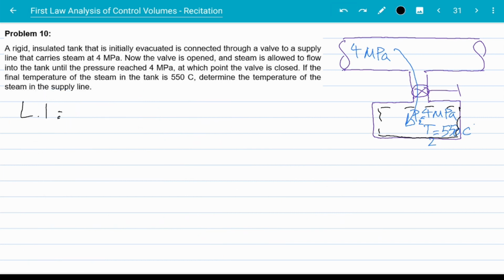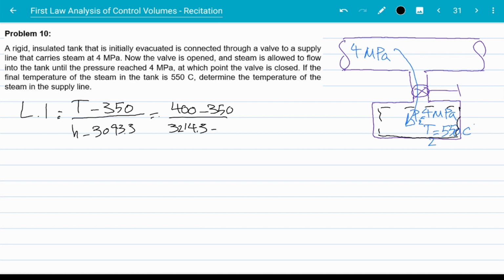The linear interpolation is between temperatures of 350 and 400 degrees. So that will be T minus 350 over H minus 3093.3 is equal to 400 minus 350 over 3214.3 minus